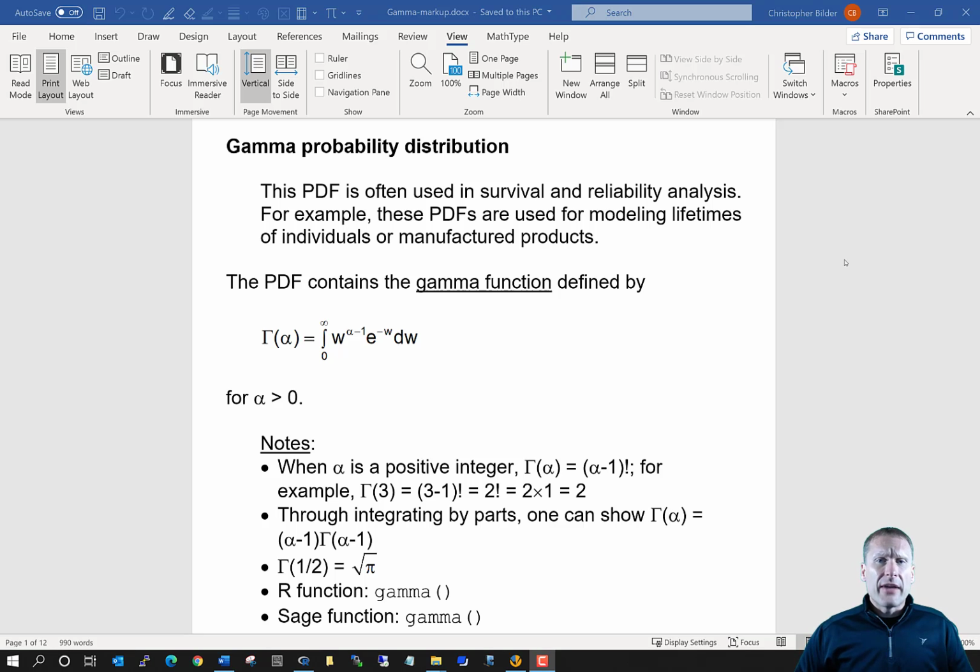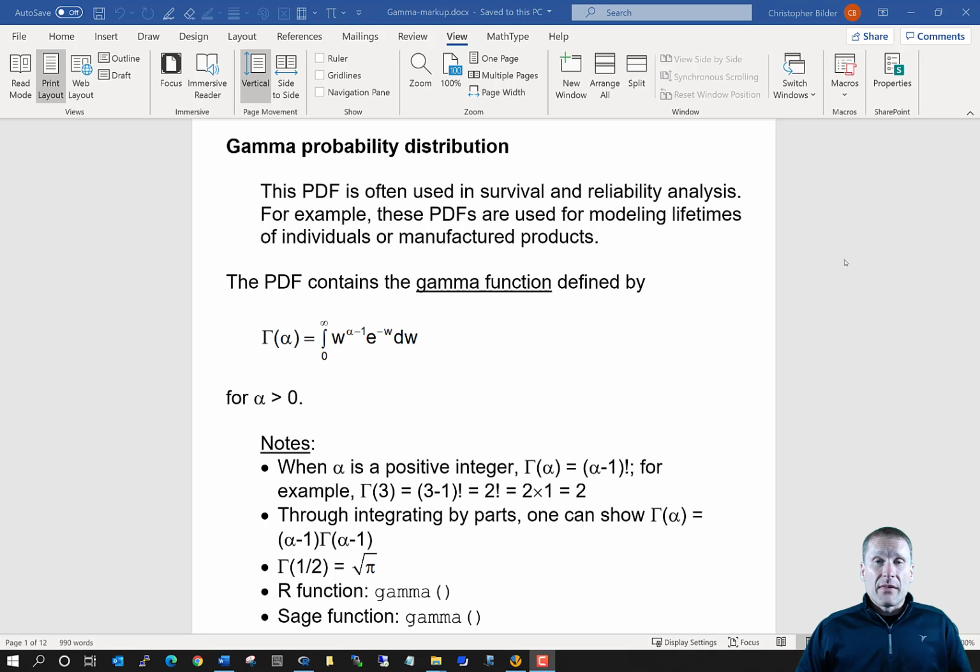a particular kind of animal. And when I mean lifetime, I mean like when does the animal, for example, die? So y could be, let's say, 30 for 30 months. And so with this particular probability distribution associated inside the f of y for it, there is what's called a